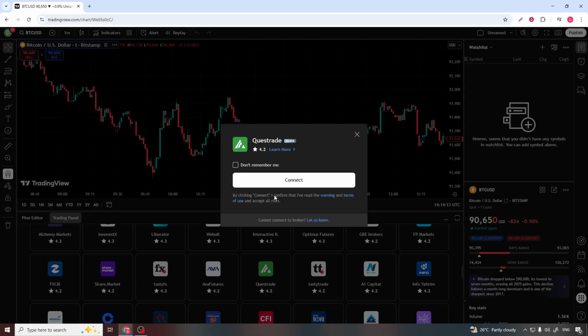This will usually open a secure Questrade login window, either as a pop-up or in a new tab. Log in with your Questrade credentials, then follow the prompts to authorize Tradingview to access your account. When the authorization is complete, your Questrade account will be linked to Tradingview, and you'll be able to place trades directly from your charts using